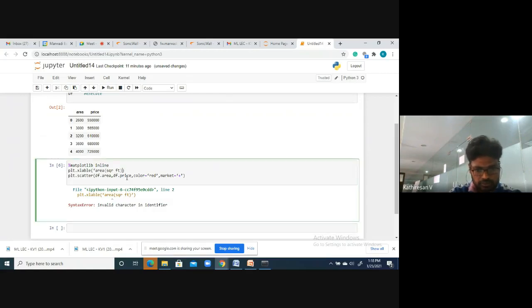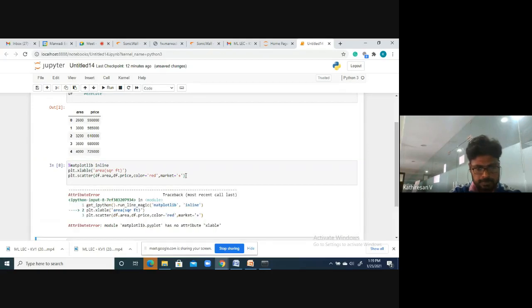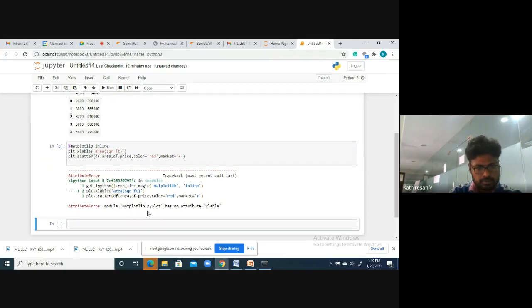You have to use the symbols carefully. No attribute xlabel.